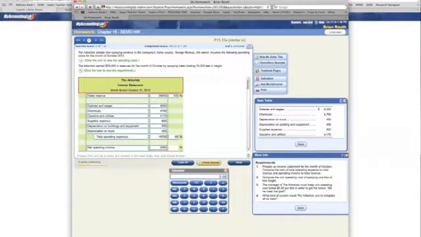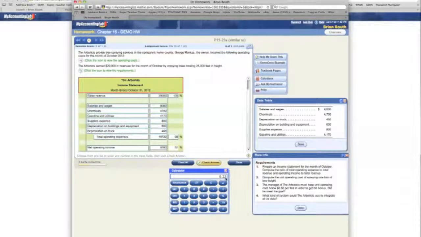And then net income, clear out my calculator. A couple of ways you could do this one. You know that net income is going to be the 100% less the 68%. So you know it's 32%. To double check yourself, you could take net income of $9,280, divide that by the $29,000 in sales revenue, and